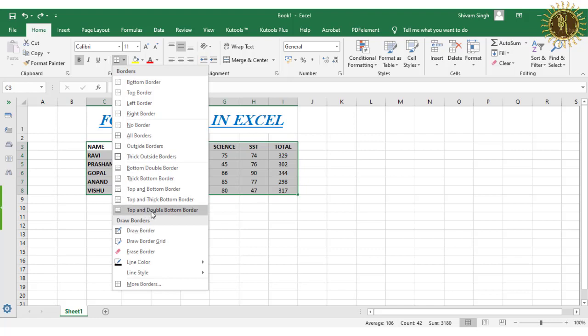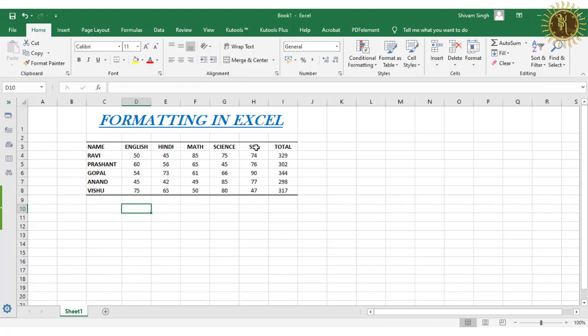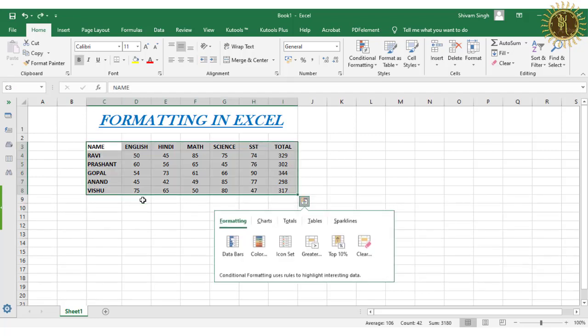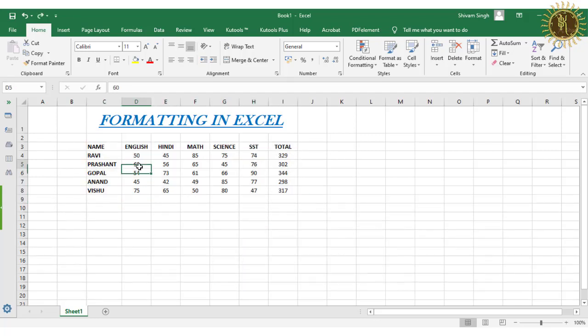Then top and double bottom border. Okay, one single top is there and at the bottom there is a double border. So like this you can apply the borders in your table or the cells.